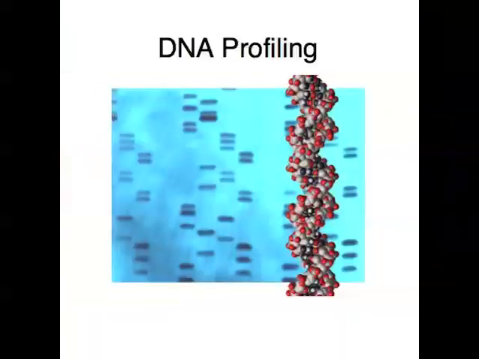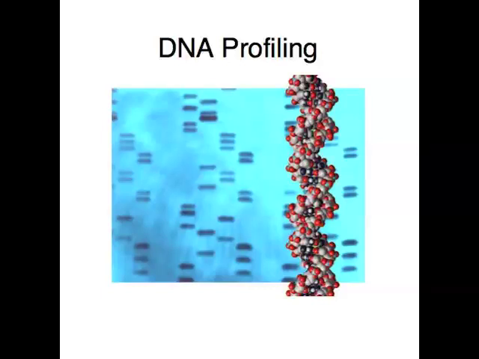Now the next thing I'd like to talk about is DNA profiling. So DNA profiling is basically a way to identify someone based on their DNA or compare someone to different people based on their DNA, and it's got a whole bunch of different uses. So it can be used in forensics. So for example, forensic scientists can go to a crime scene, get a sample of some tissue or blood, go back to the lab and then compare that to a DNA database and be able to find out exactly whose